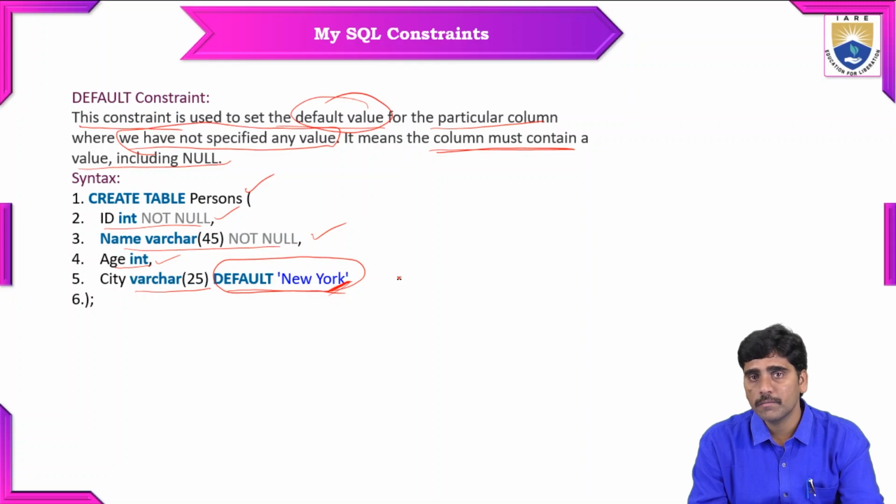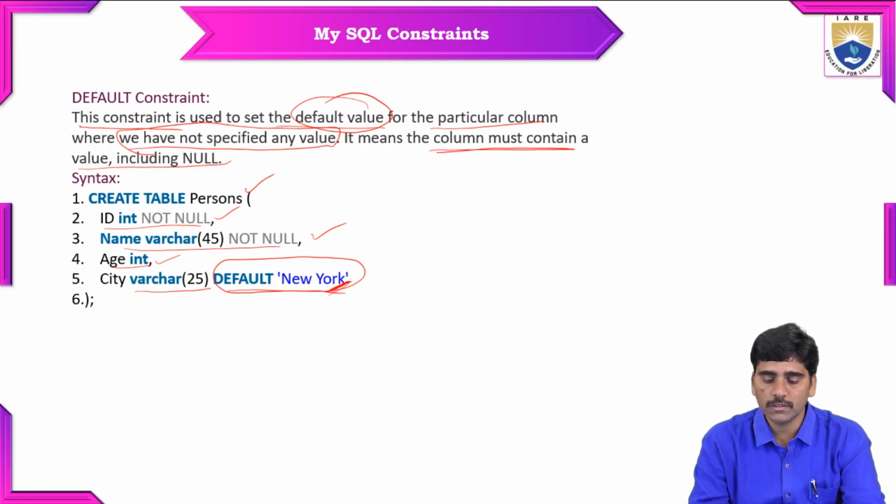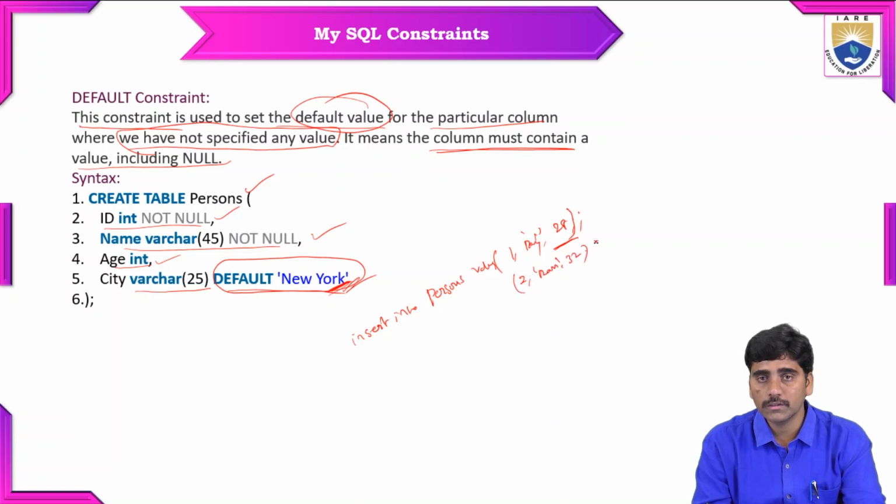So whenever I am trying to insert values, like what? Insert into table name, persons, values of ID 1, name Raj, age 28. If you have not mentioned any value for city, then by default it takes New York. This is the first one. In the second case also, Ram and 32. Whenever we are executing this, it automatically takes New York as the default city for Raj